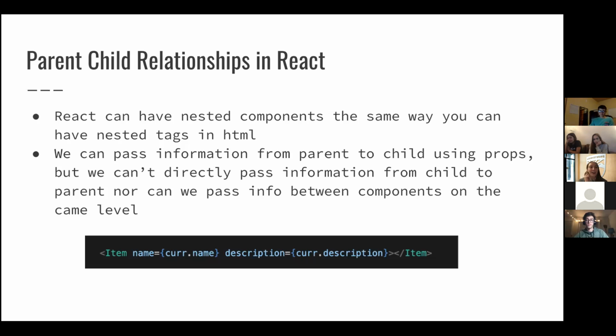Okay. Just a brief note on parent-child relationships in React, and I think Eric touched on this very briefly. React can have nested components the same way you can have nested tags in HTML. And we can pass information from parent to child using props, which we talked about, but you can't directly pass information from child to parent, nor can we pass information between components on the same level. So you can't pass a prop from a child to a parent. This example down here is simply passing props name and description into this item component. And now if we go to the next slide,